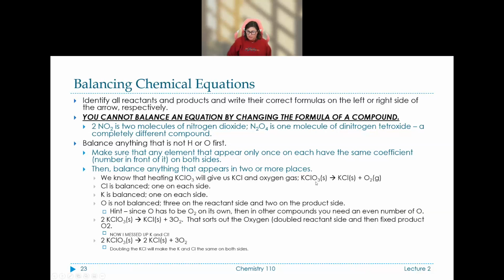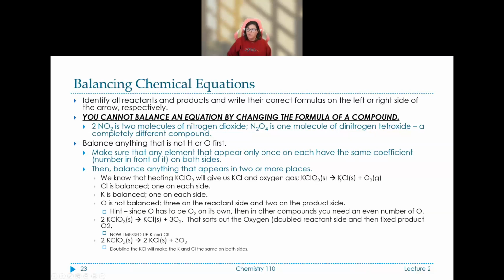But my oxygen is not. O is not balanced. 3 on the reactant side and 2 on the product side. So since oxygen usually has to appear somewhere as O2 on its own, then in other compounds you need an even number of O's. If it doesn't have an even number, we need to make it even. So the only way I can make this 3 into an even number is to multiply this whole thing by 2. So then I have 2